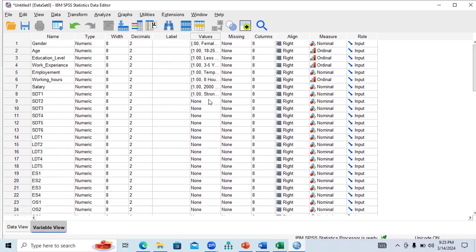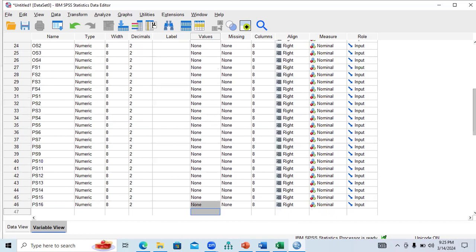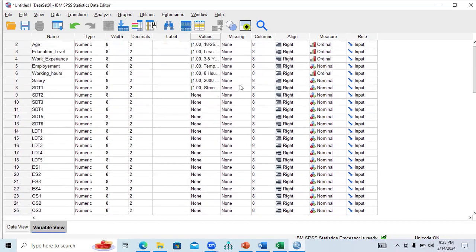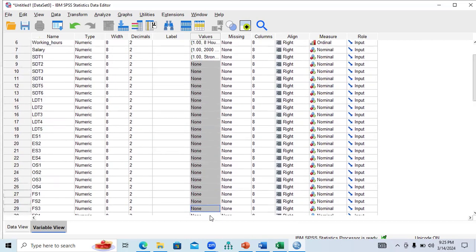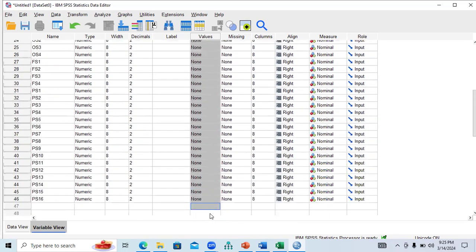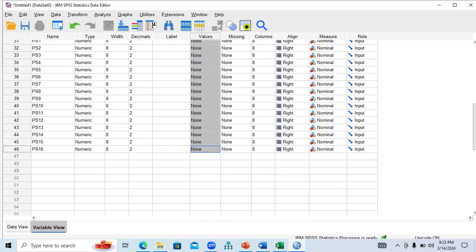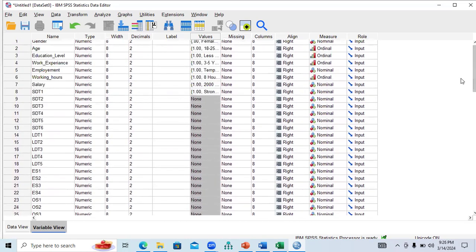Why is it not working? If it does not work, you simply select like this with your mouse. Now after selecting like this, you just need to press Control V,